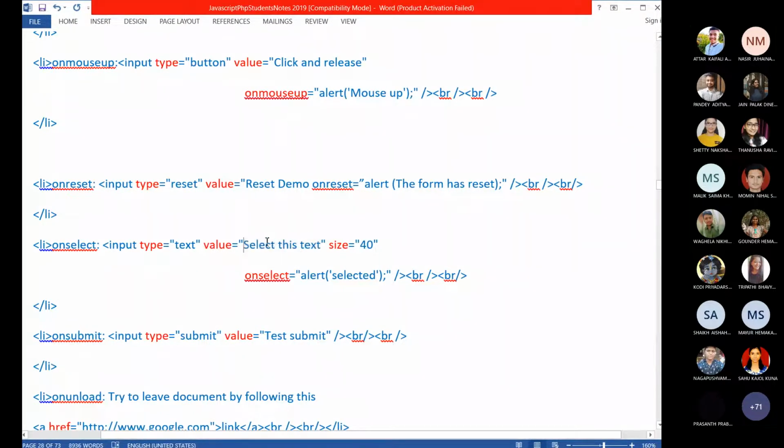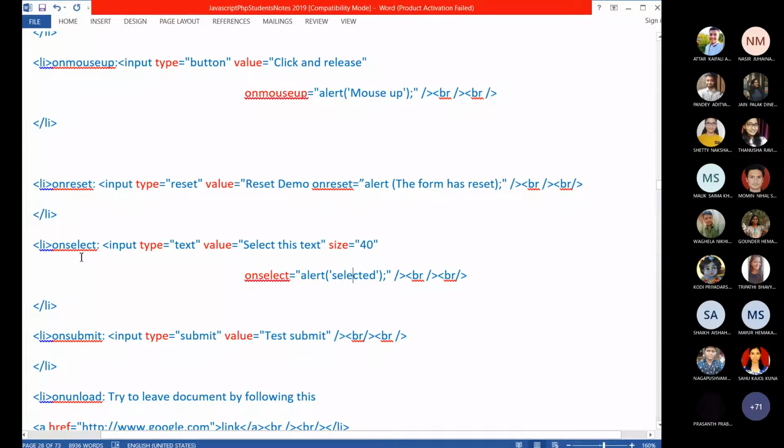When I start to select something, that time alert selected will be displayed. So on select is for selecting the text. Where can you select the text? In the text box. On select is applicable for the text box.